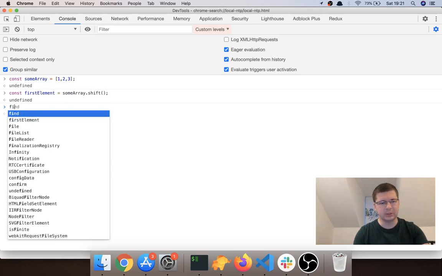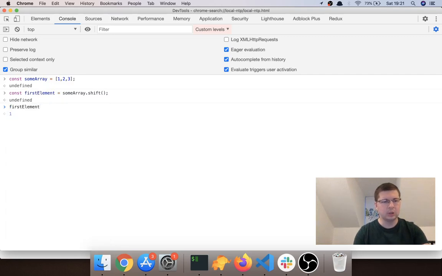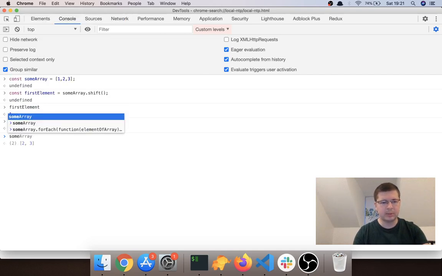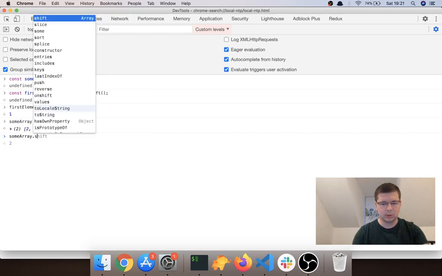So if I say here firstElement, you can see that it is 1, which is the first element that was in here. But now if I look at sumArray, you can see it's 2 and 3. So let's try it one more time. Now if I do sumArray shift,